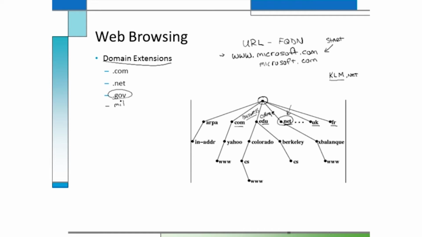Militaries were .mil. For us, we're starting to see new things like .biz as an example. Another example might have been .org, which was usually a non-profit organization. And these extensions are still undergoing changes. The reason I'm bringing it up is that if somebody says, hey, you should go look at this